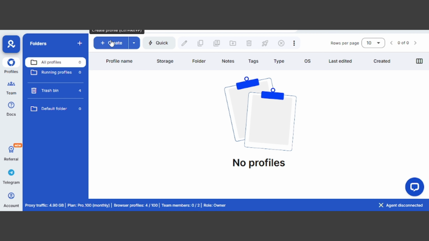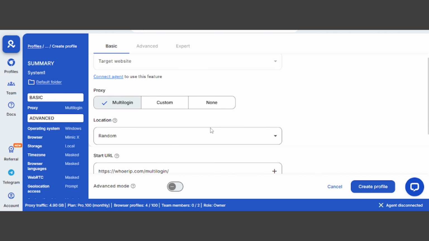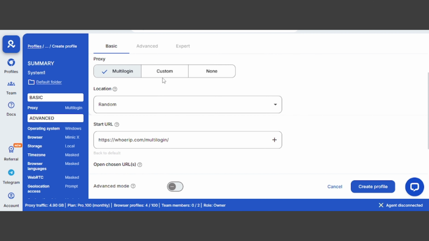I suggest you jump directly to the create button. You can create a quick profile, which will never be saved, or create profiles for long-term sessions. Click on create, then give your profile a name, like I'm giving system1. You can leave the rest as it is. You can create custom proxies, or leave it to Multilogin to decide.